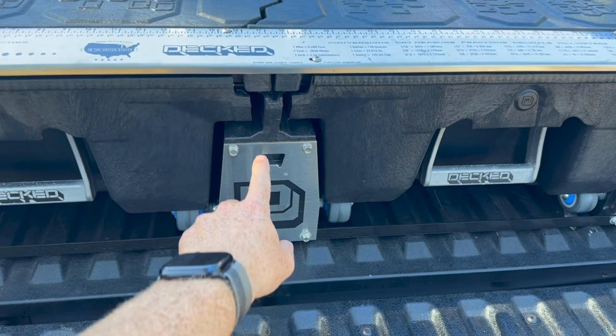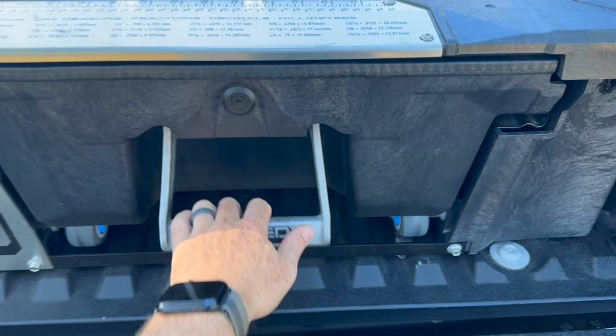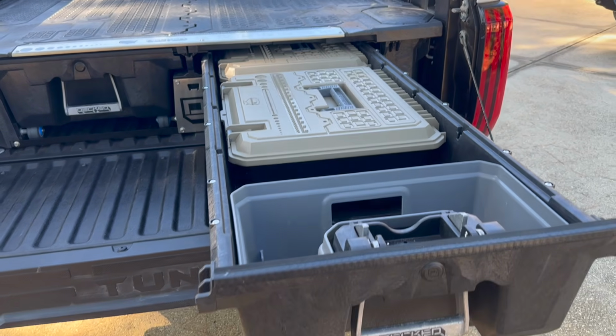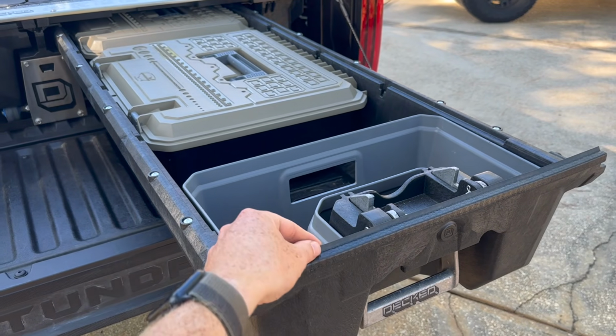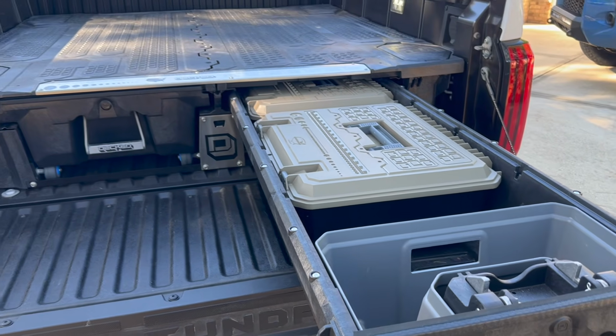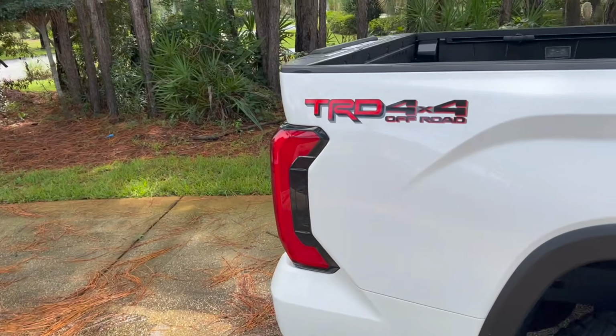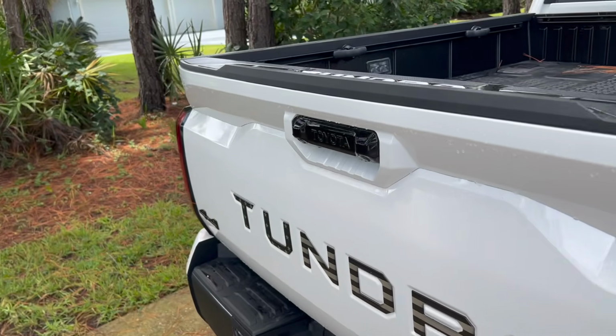The decked plate right here has a cool little bottle opener, but if you want to take the drawers out, which is the cool thing about this whole system, you have a nice little weather strip right here, which actually holds up pretty good to the rain. Check it out. It's been raining for a couple of days, tons of water on the ground, but we will see how this decked system